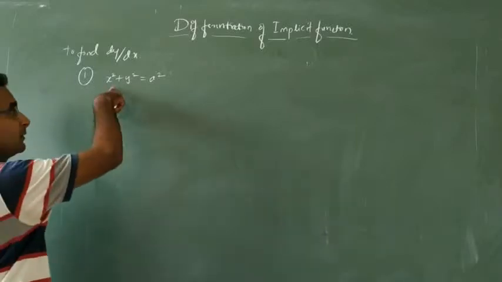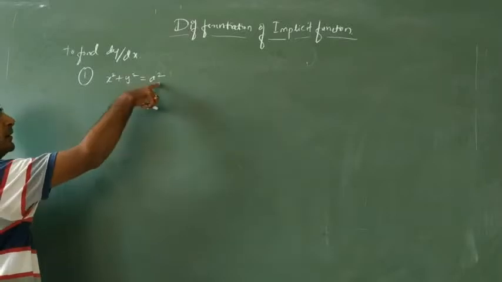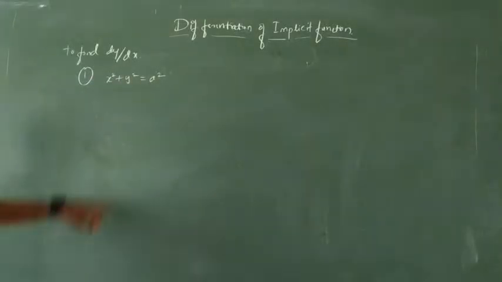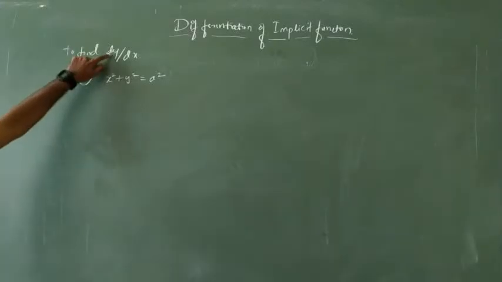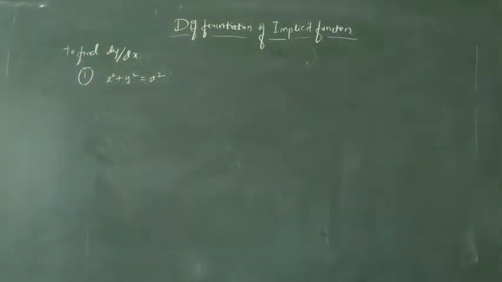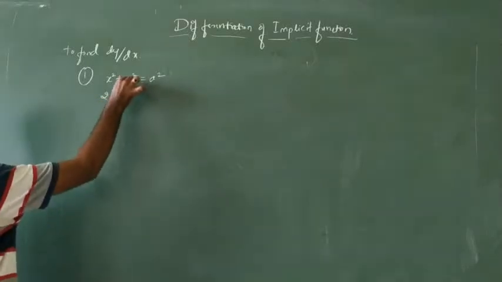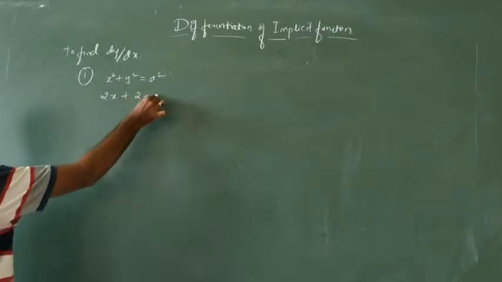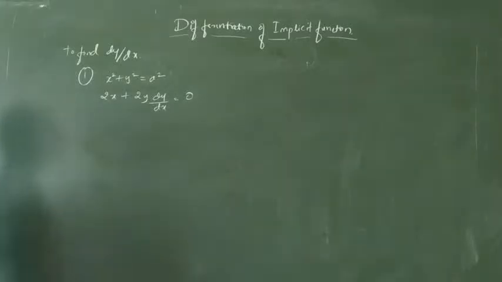So this is nothing but some equation only, that is an xy component. So that is the dependent variable with the independent variable. So that is nothing but what? Implicit function. Here, first you should find dy by dx, so that y term is going to be differentiated with respect to x. Okay. So first you differentiate this one with respect to x. X square differentiation is 2x plus y square differentiation is 2y. Then y differentiation is dy by dx, and a square differentiation with respect to x is 0.